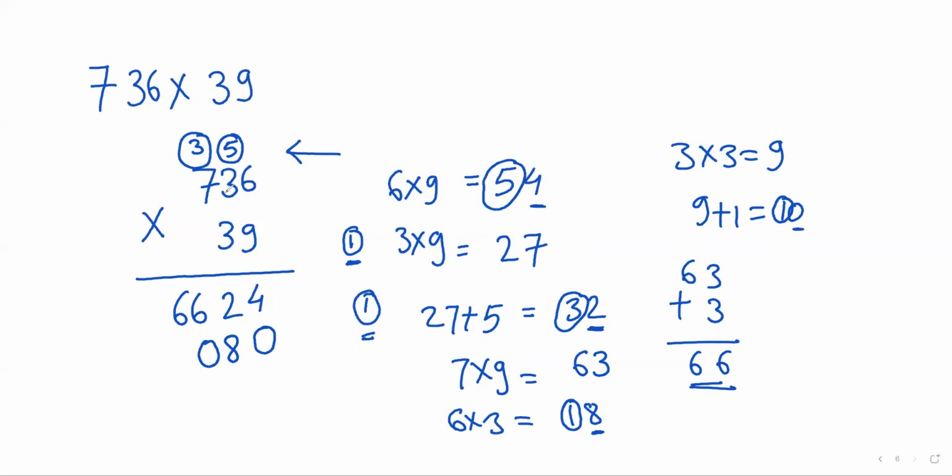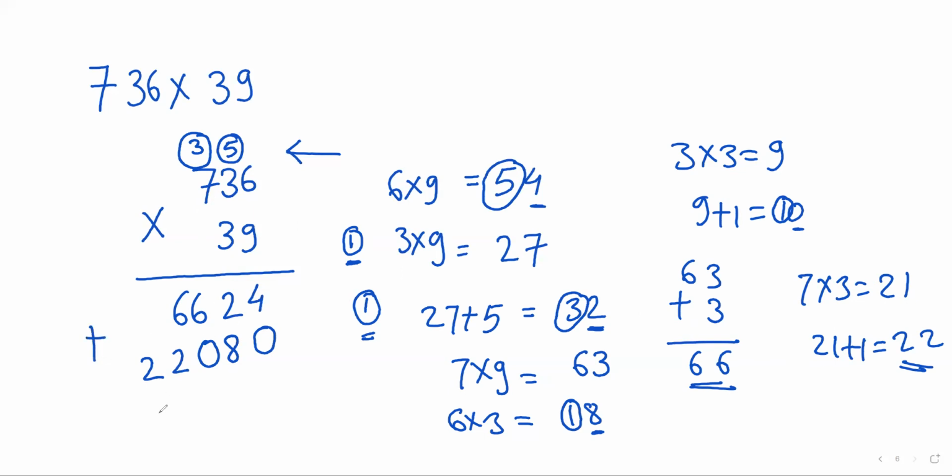Now multiply 7 by 3. 7 into 3, 7 3s are 21. Now add this 1 to 21, 21 plus 1, what will we get? 22. Here you can see that the numbers are finished, so write 22 as it is here, but you have to take care to write digit below digit. So we will write 22 like this. Here we have written digit below digit.